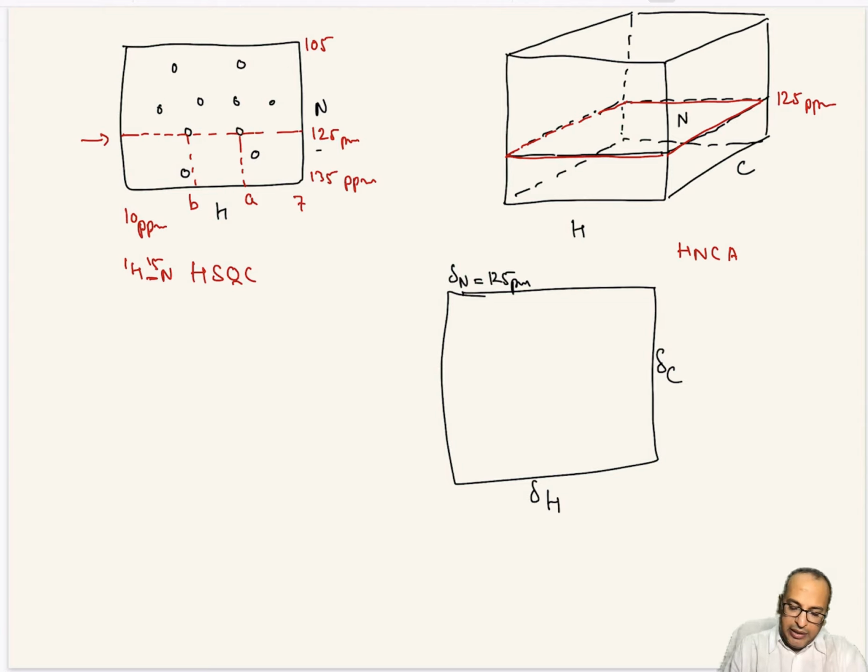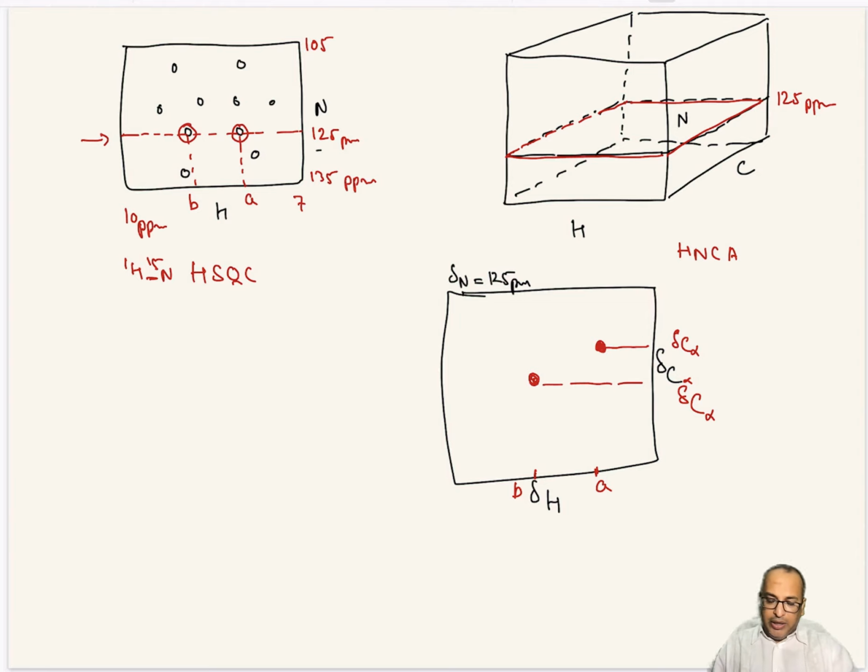Now if you notice here, we had two peaks at 125 ppm in nitrogen. That means the same two peaks will come somewhere at the same chemical shifts of proton, so A and B. So you will get two peaks, but not necessarily at the same chemical shift values of carbon, because their respective C alpha values will be different. So this is a delta C alpha and this is another delta C alpha, right?